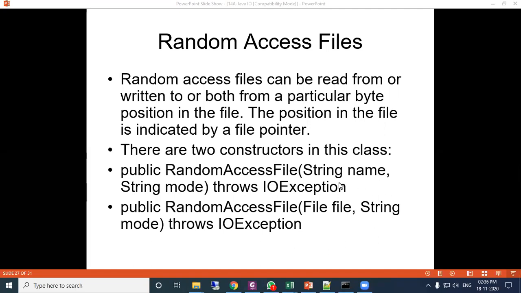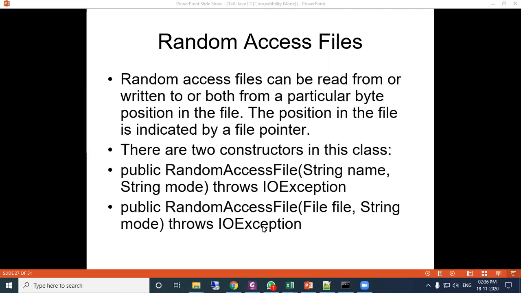You will pass the file name as a string, and the mode in which you will open, that is also a string. It will be written within double quotes, or you can use a string variable here for the file name. Okay, so similar syntax here. The other constructor takes a File object, so using a File object you can pass the file and the string mode.